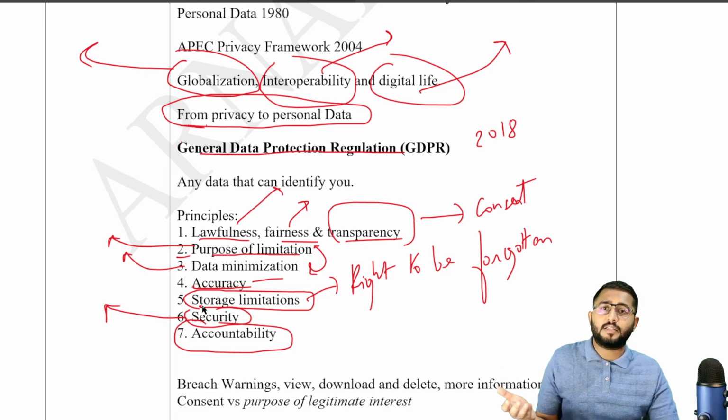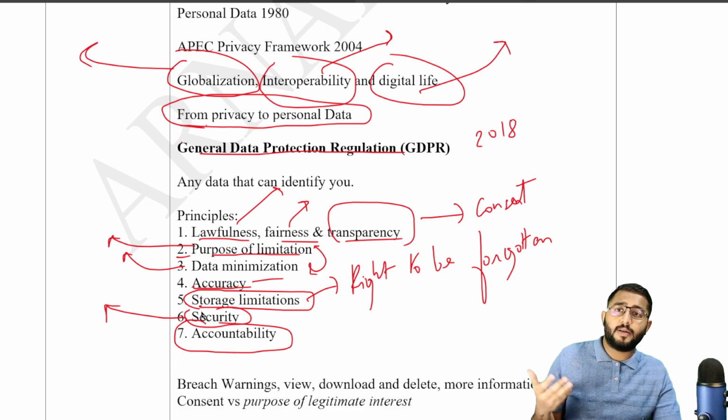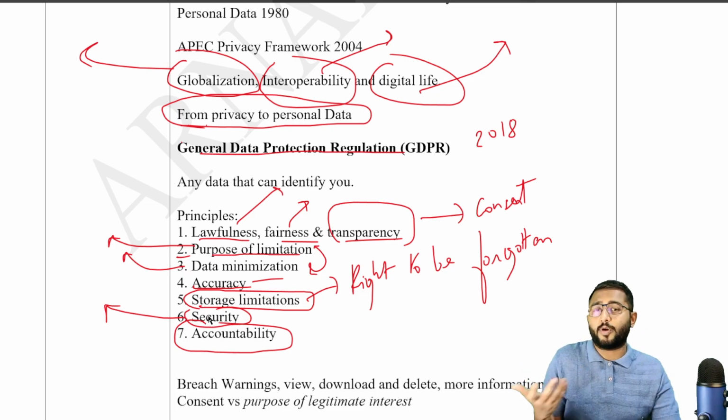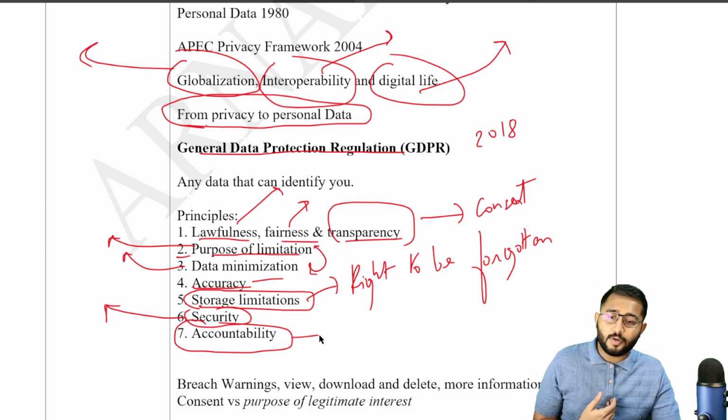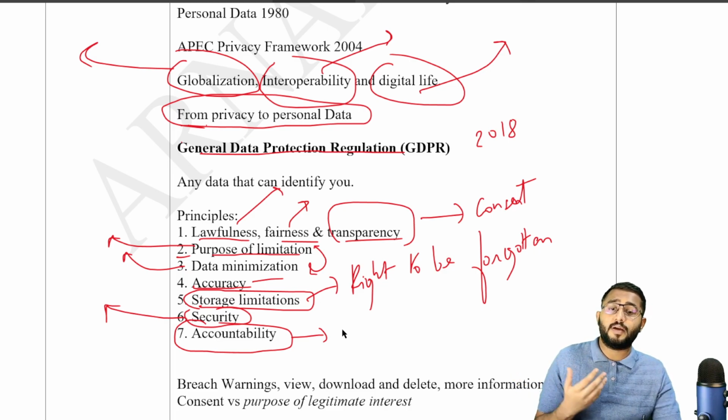It's the same as Article 32 of the Constitution. If the Supreme Court is not going to prevent the fundamental rights from being violated, then there's no point of having fundamental rights. Same thing happens with accountability. And इसी accountability के अंदर the GDPR says that if there's a data breach by any chance, then the consumer whose personal data is being breached should be identified within 72 hours.